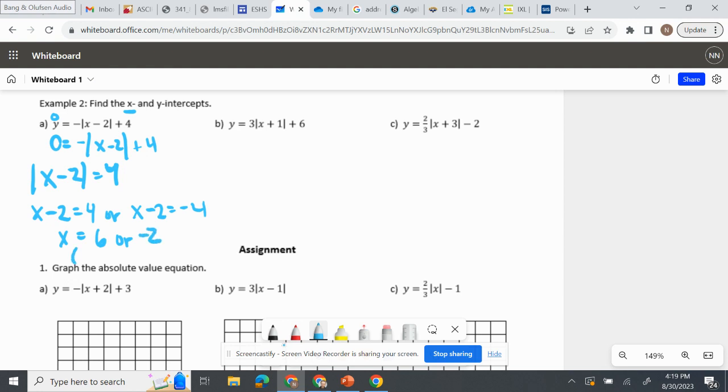We can also write it as an ordered pair, (6, 0) and (-2, 0). So those would be our two x-intercepts. Any of those answers are good. Now, in order to find the y-intercept, what we're going to do is plug a 0 in